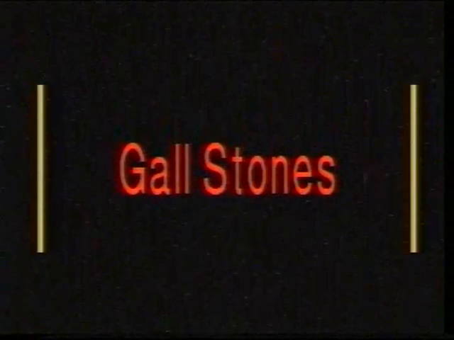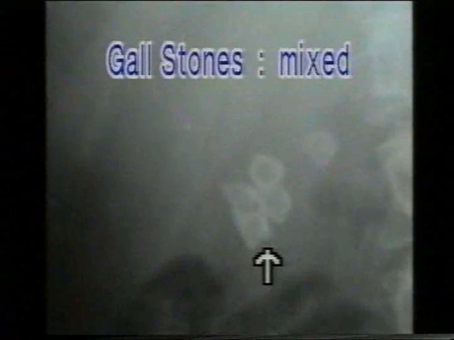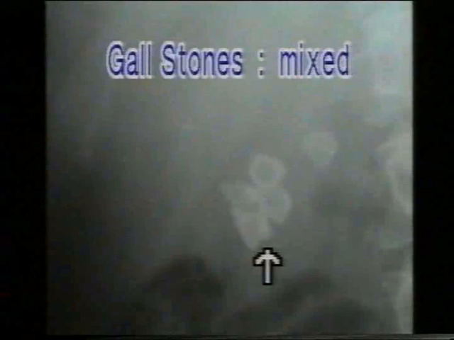Gallstones. A plain X-ray of the abdomen is not the ideal investigation for detecting gallstones, as more than 80% of the gallstones are radiolucent and are not detected on a plain X-ray. This X-ray shows typical mixed stones with multiple spherical but faceted opacities in the right upper abdomen. The characteristic features seen here are the location in the right upper quadrant, the ring-like appearance due to calcification of only the rims, and faceted borders due to friction with each other.